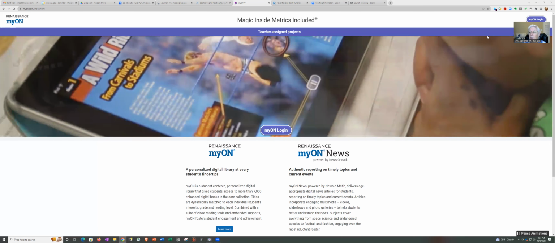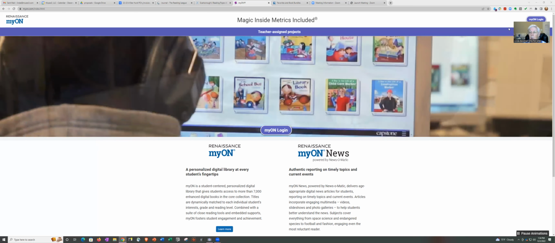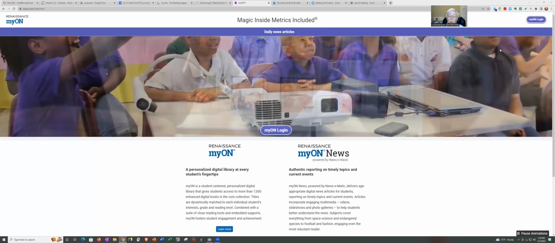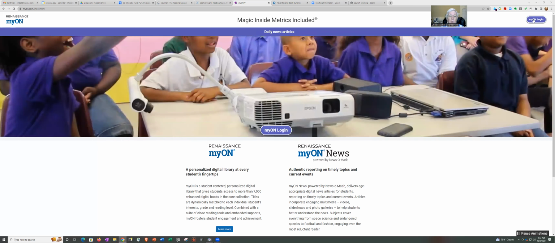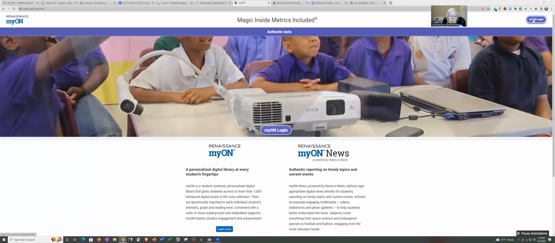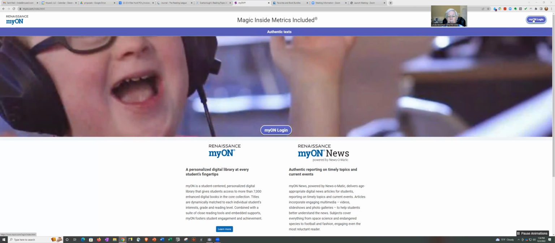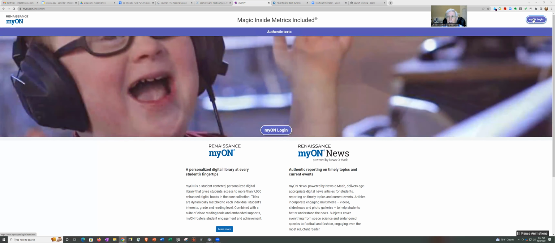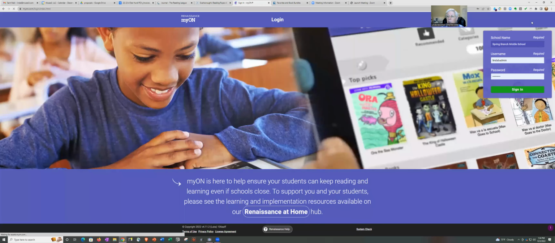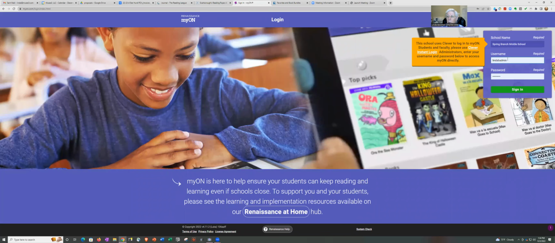So the first thing I'm going to do is log into myON. And of course, your teachers would be going in through Clever. But I'm going to use the demo students and demo teachers that I set up for secondary in Spring Branch. So the first thing I've done is click on the login button. You can see I've got Spring Branch Middle School. I'm going to sign in as a grade 8